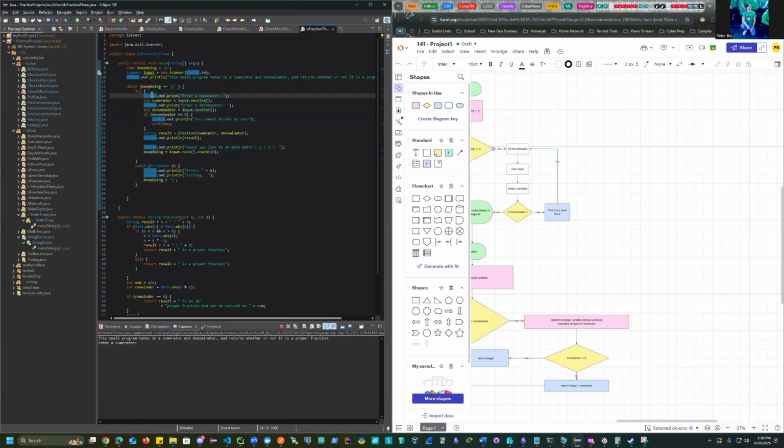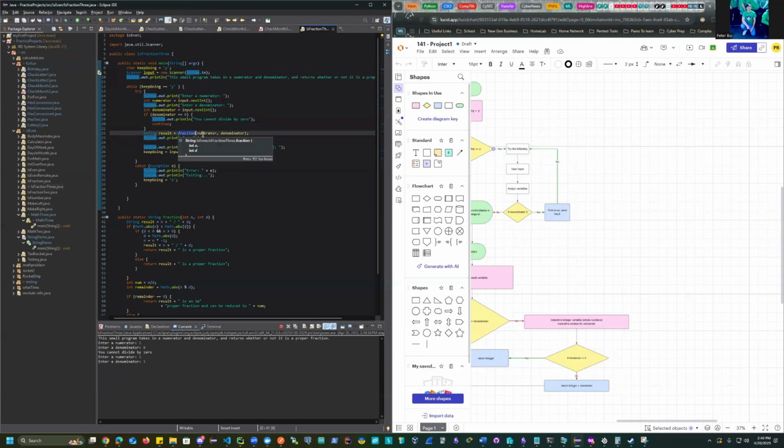Inside the try and catch block, it takes in two integer values, a numerator and a denominator, and assigns them as such. If the denominator is equal to 0, say for example, we have 1 and 0, it tells the user it cannot divide by 0 using this continue here, and then goes back to the beginning of the try block. If it passes that, say 1 and 1, it will then proceed to